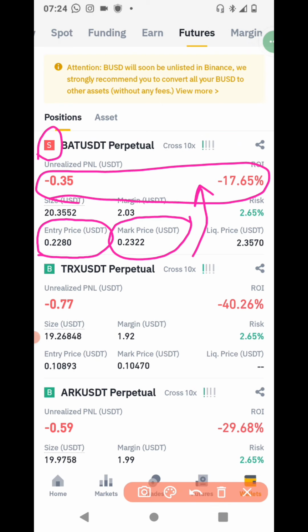All right? Now, let us analyze cross. What is cross? Let us explain what cross is. Okay? In your exchange, you will come across cross or isolated. So what is the difference between cross or isolated? Now, this cross right now, what it means is that for BAT USDT, how much is being traded for me? $2.03. Okay? If market were to move against me for BAT and my $2.03 is finished, is exhausted,